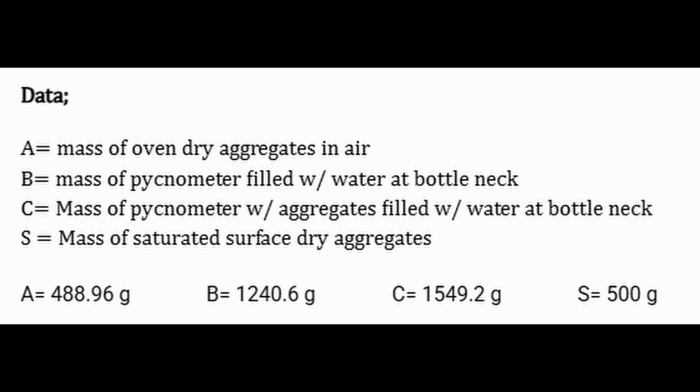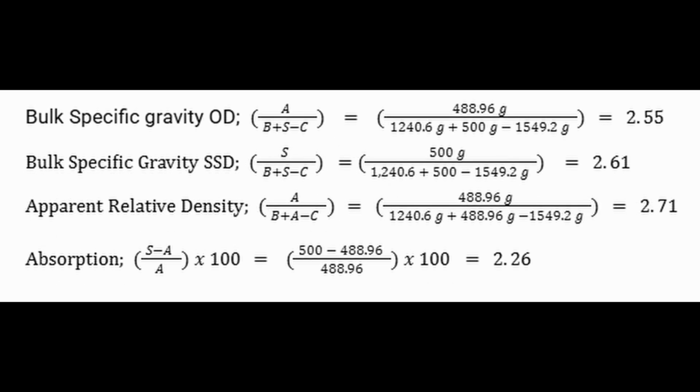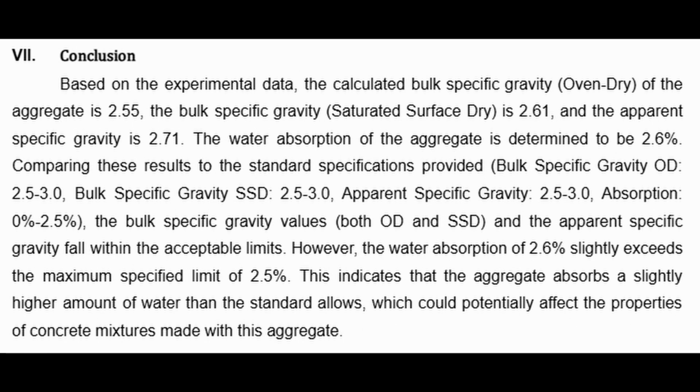For letter B, 1240.6 grams. For letter C, 1549.2 grams. And for letter S, 500 grams. Okay, so here are the values that we have computed. For bulk specific gravity OD, 2.55. For bulk specific gravity SSD, 2.61. For apparent relative density, 2.71. For absorption, 2.26. So for the conclusion, based on the experimental data, the calculated bulk specific gravity of the aggregate is 2.55,